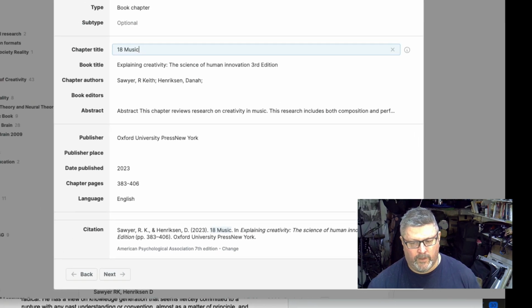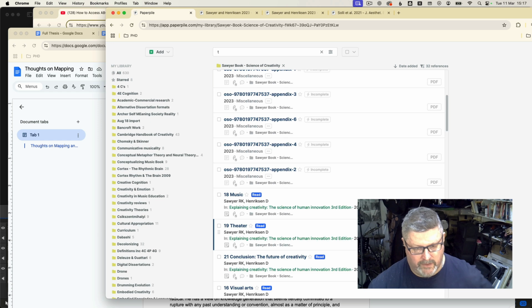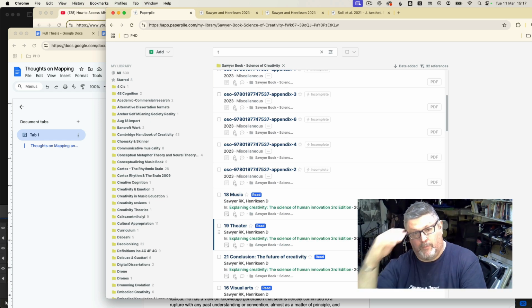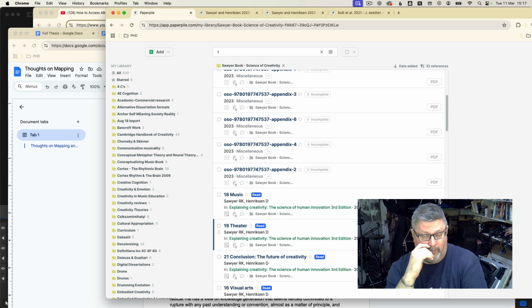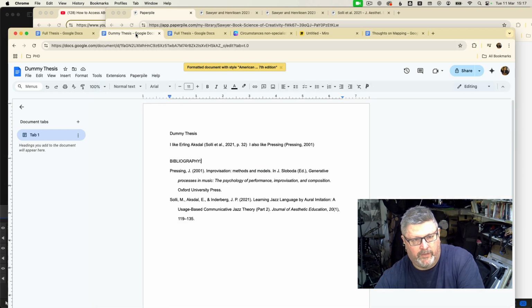From the very beginning I started putting all my papers in here. If I could get hold of them, I'd download them as PDFs, upload them into Paperpile, and then read them, usually on my iPad. I'd highlight things that I wanted to quote. I'd make notes, all in Paperpile. Now this is why it's brilliant: if I go to this dummy thesis I've got here,